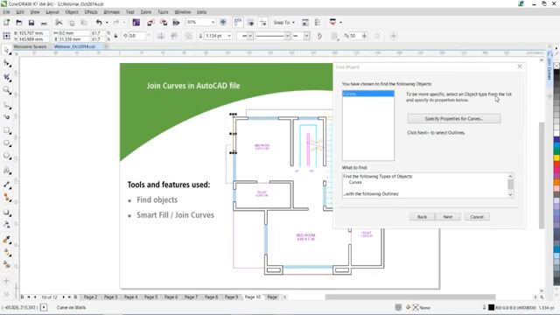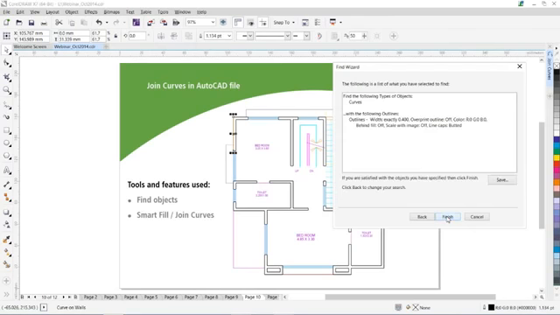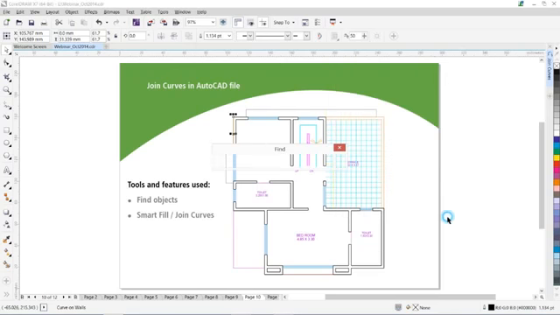So I just click OK, next. So I can set the outline properties here. I just leave it as it is and I click on finish